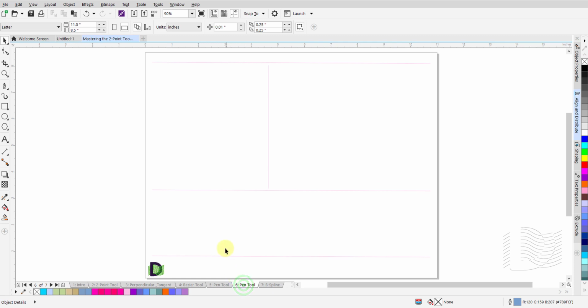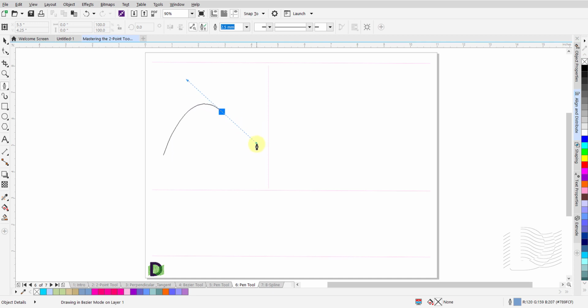If you want to draw a straight line segment after a curved line segment, it can require one extra step to make that come true. I will show you two examples. Left-click the mouse button at the start point for your curved line. Move the mouse to where you want to end this curved line. And left-click and hold. Move the mouse and grab the control handles to complete this segment. Release the left mouse button.